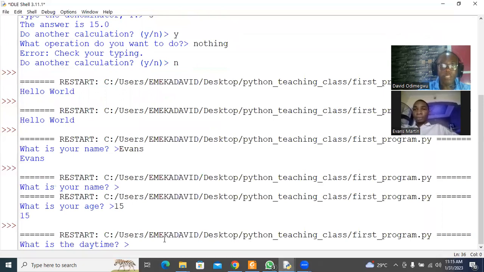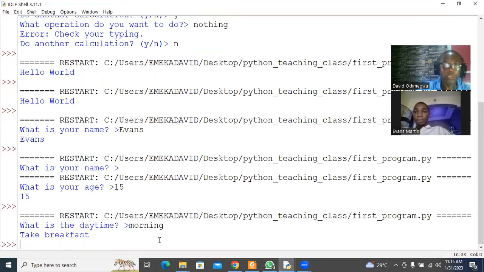It says, what is the daytime? Let's use morning. So I write morning. What does it print? Take breakfast. So that's the fundamental way you use if else statement. So we're using user input and if else a lot in this program. So let's start